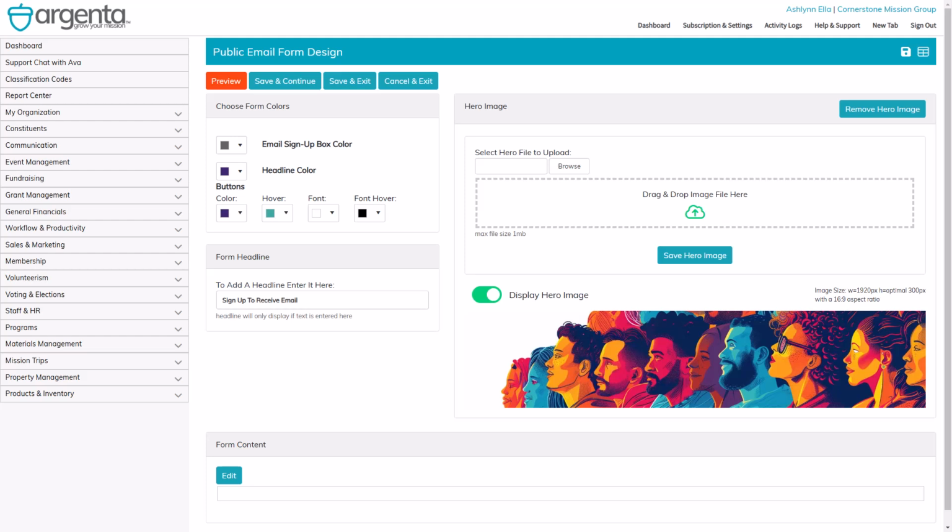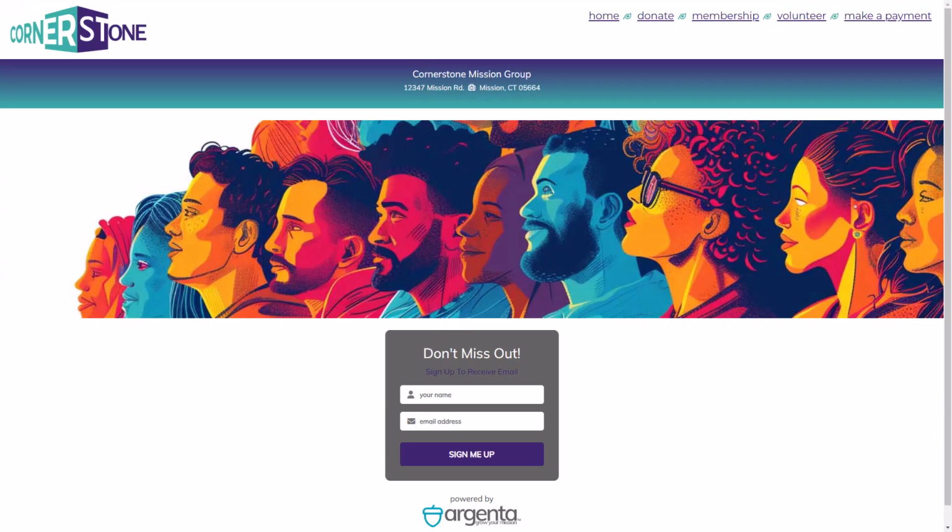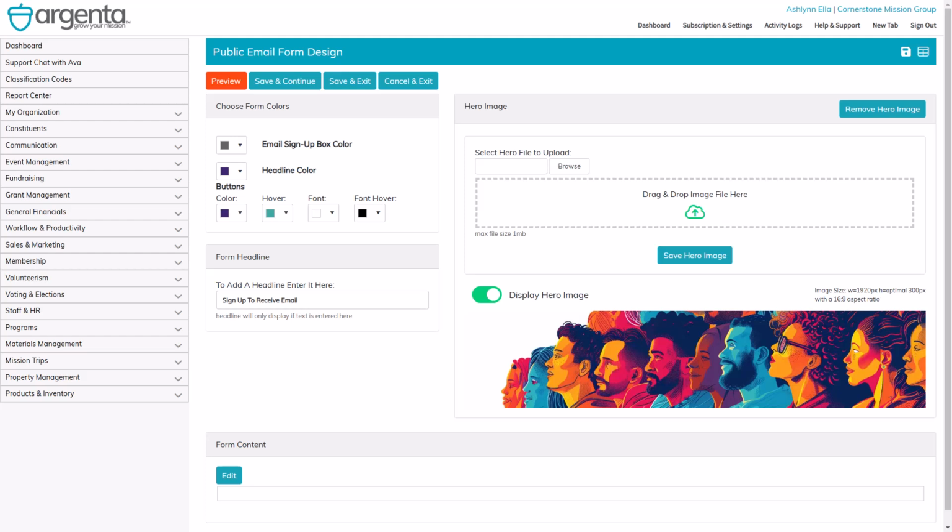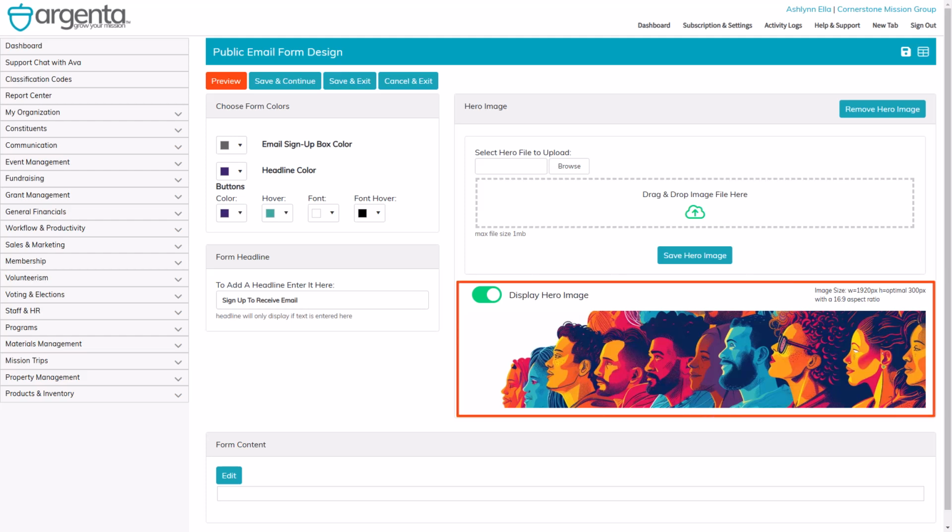You want your forms to match your brand and your website, so a good place to start is with your form colors. We want to be able to see what we have to work with and how our changes affect the form. To do that, I'll click the preview button so we can see how the public form looks right now. Switching back to the design page, you can see we've chosen a hero image and we've chosen to display